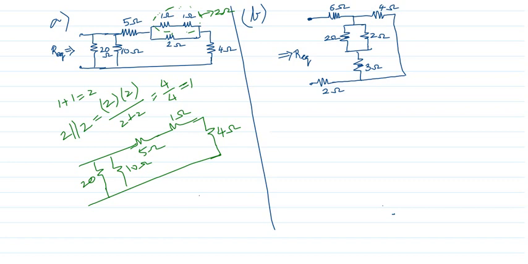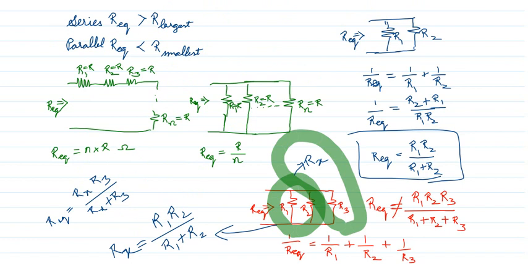So 10 parallel 10. So I can redraw the circuit as 10 ohms, 10 ohms, 20 ohms, right? It's our choice, right? Either I can solve these two parallel first or these two parallel first. It's our choice. So I will always go with the equal resistance. For equal resistance, the parallel value will be 10 by 2 if they are equal, right? Because what I have said here, when n resistances are in parallel and they are equal, it becomes R by n. When two resistances are equal and parallel, R by 2.